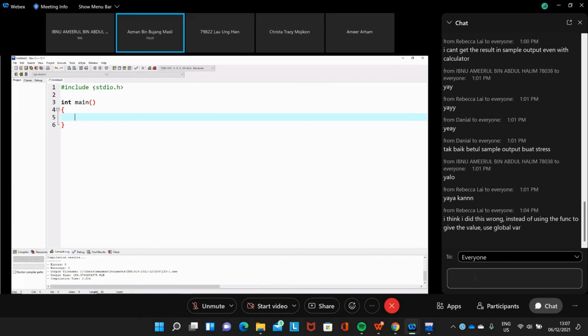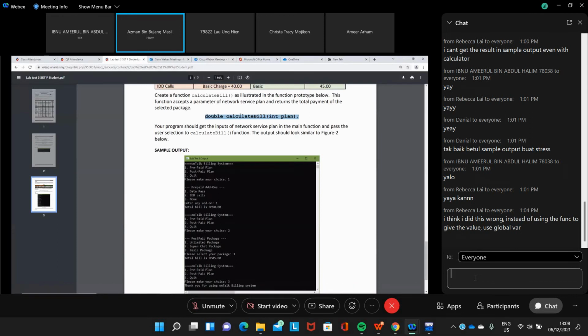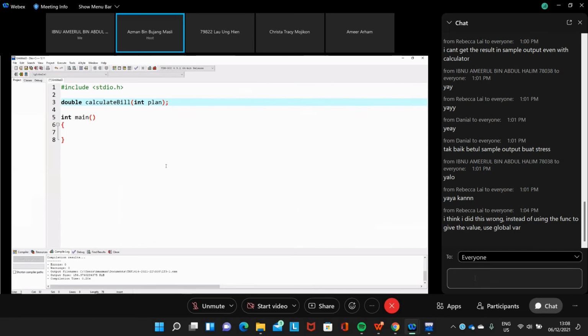And then we have this function prototype. So remember, we have this function prototype. Put it in here. This is our function, and then the function is down here.